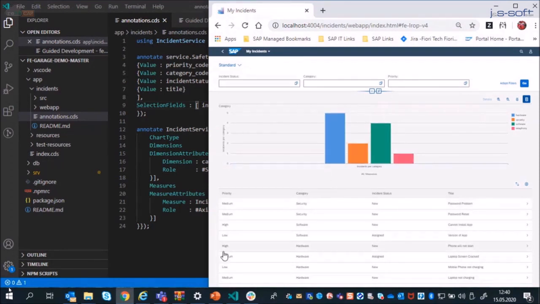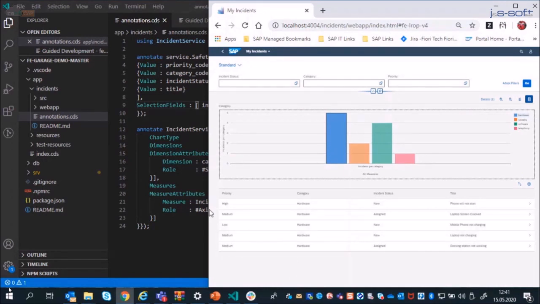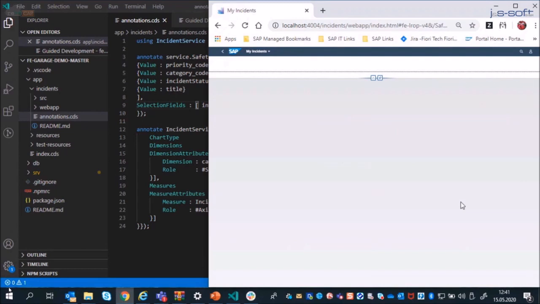What should I filter? So can you show me all incident risk categories hardware? Sure. So I look here, hardware is blue. So I just click on the blue one and you see immediately my table is filtered by the value I've selected. If we go to the next page, I click on one of the line items, you see the object